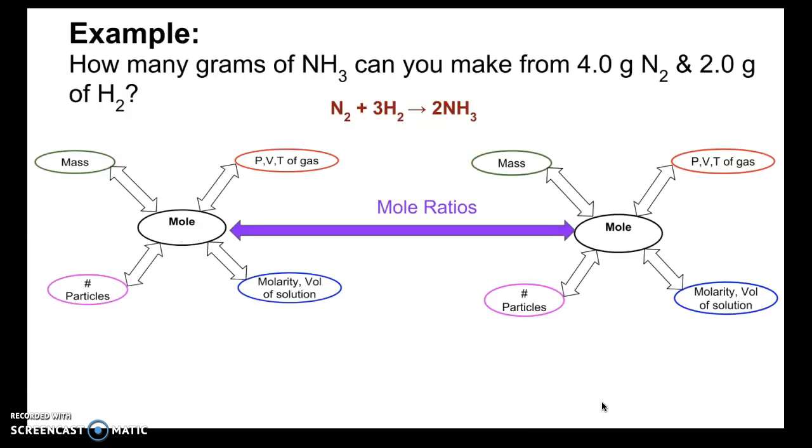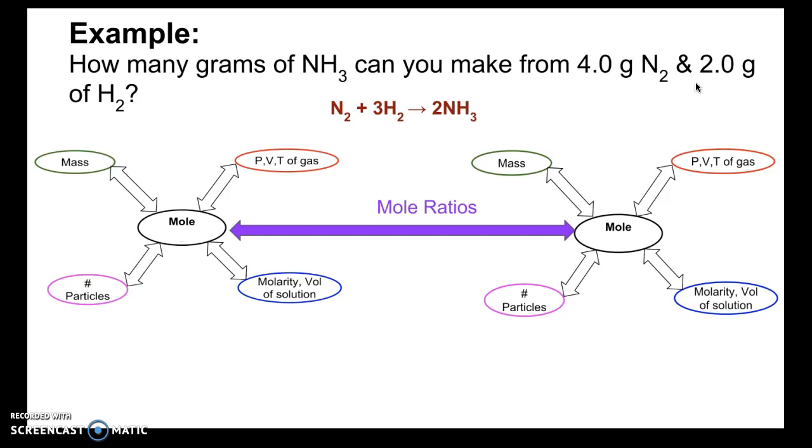All right, so now let's look at an example where we are not dealing with mole to mole. In this case, we're asked how many grams of NH3 can you make from 4.0 grams of N2 and 2.0 grams of H2. Since we're asked for the amount of product and we're given 2 different amounts for our reactants, this is a theoretical yield problem. We don't know which one of these is our limiting reactant, so we would have to figure that out. And we could use method A or method B